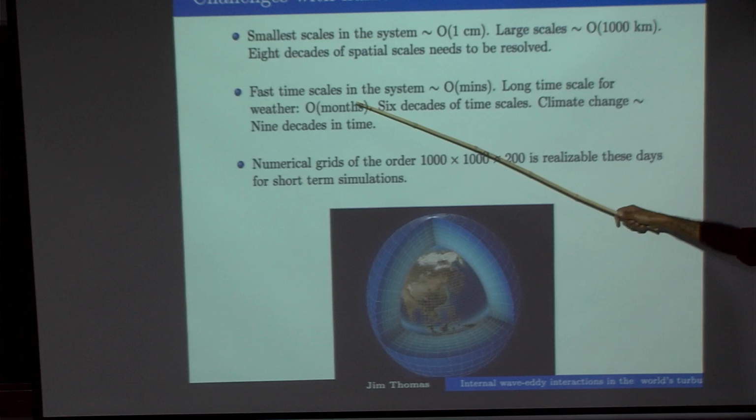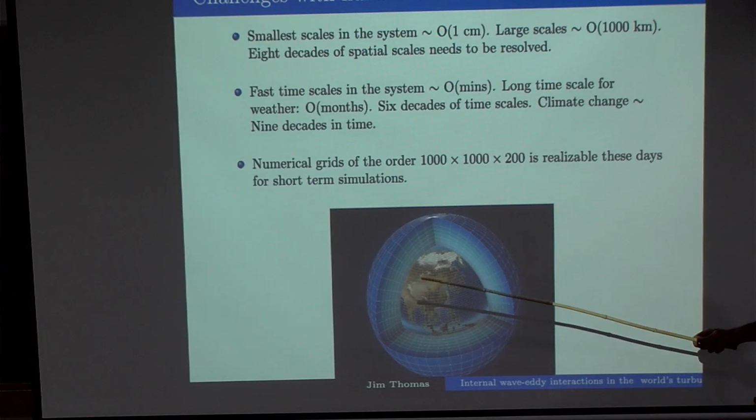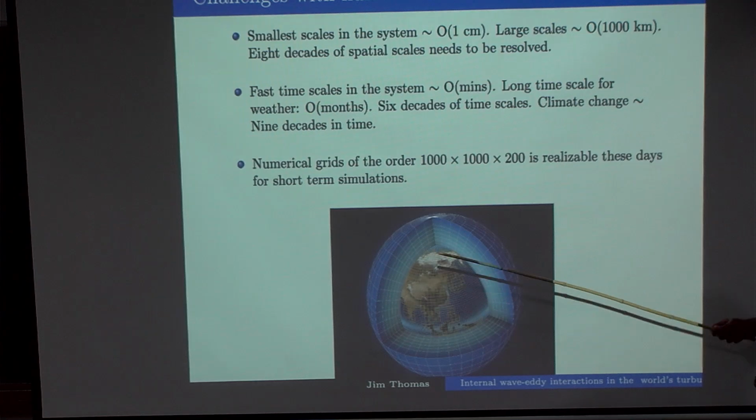Now climate change happens over decades or centuries. We talk about big changes in climate over 100 years. So if you count from say minutes to decades or 100 years, we have 9 decades in time. So when you talk about climate modeling, if you were to integrate these equations across all the important scales, you have to resolve 8 decades of spatial scales and about 6 to 9 decades of temporal scales. And that becomes very challenging. It becomes very challenging when you appreciate